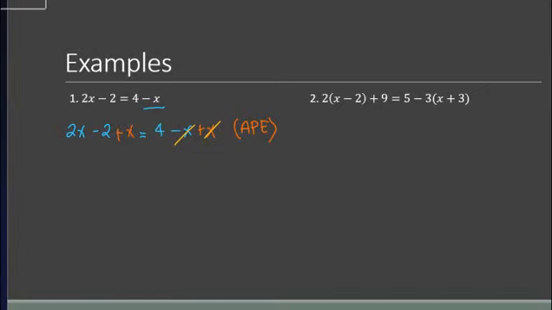So what happens is that this x, we are adding positive, right? So that's why the shortcut that we do, we just say that you transpose this to the other side, and then negative becomes positive. But that is not the correct explanation or the reason. Okay, so the reason is really APE, addition property of equality.